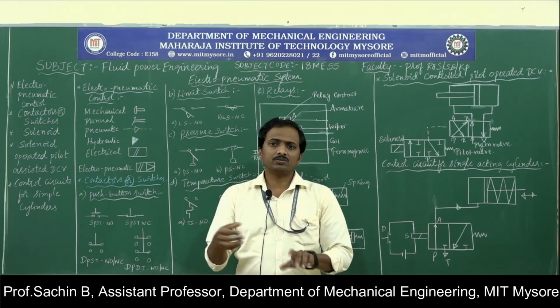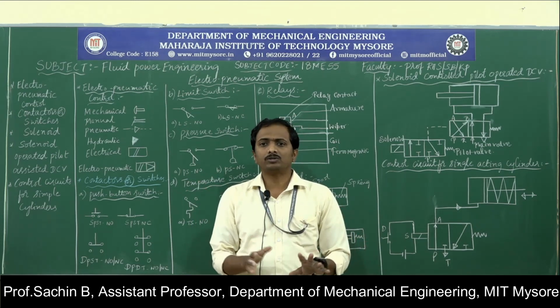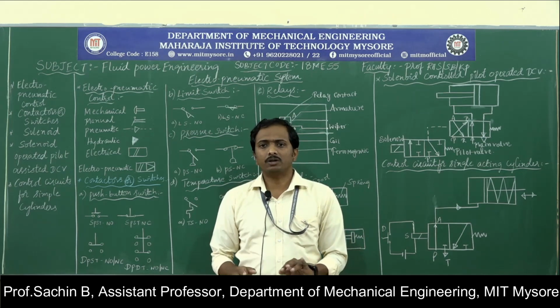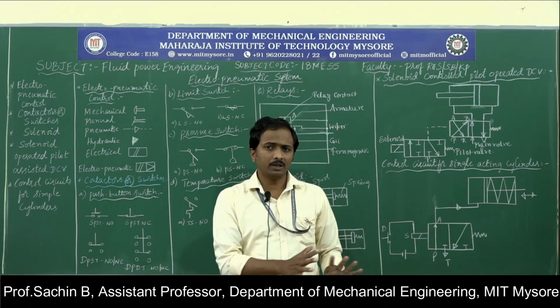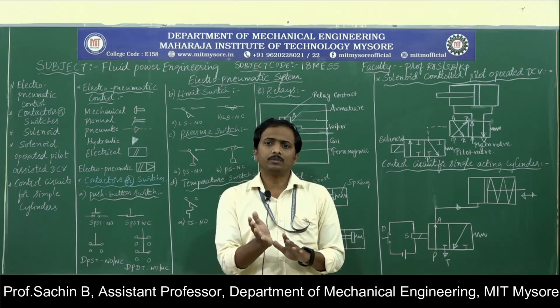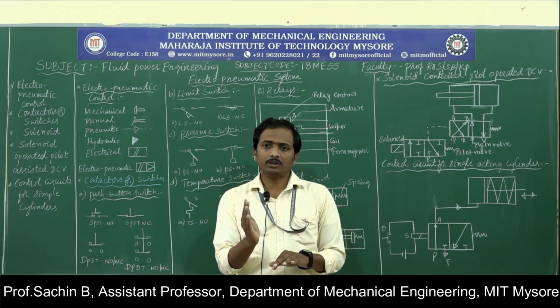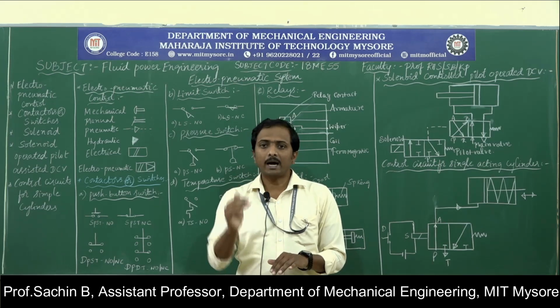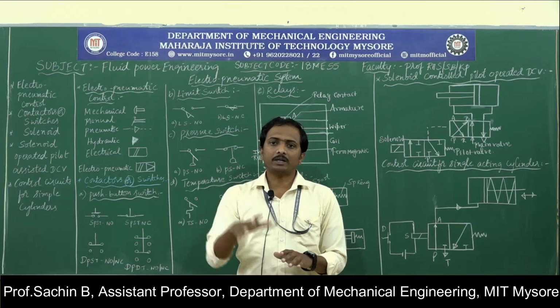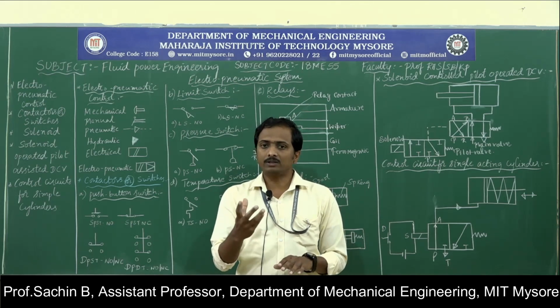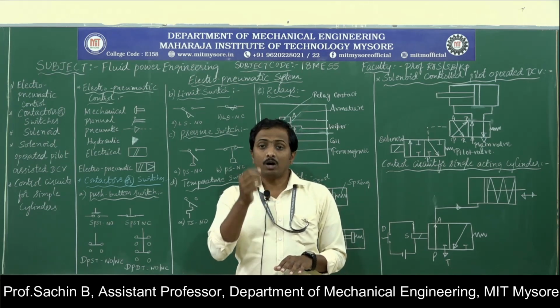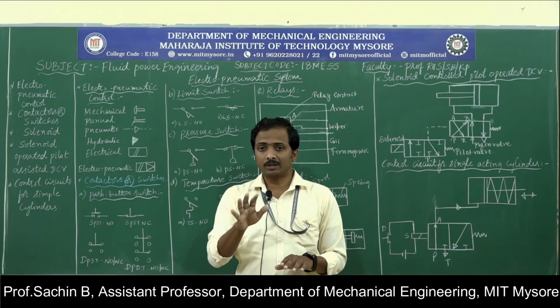In the last classes we have written only the diagrams, but we have not written the actuation symbols or any actuation system. We were just explaining the passage, how the transmission of fluid from the tank to the cylinder head is carried out, and how you use the different types of valves, that we have explained. But how the actuation is carried out, we have not explained there.